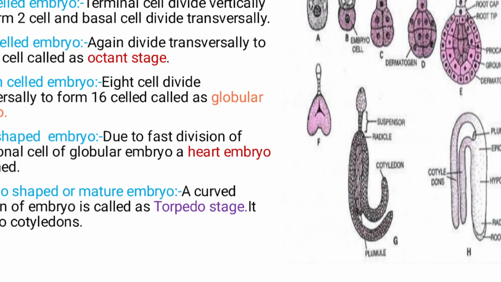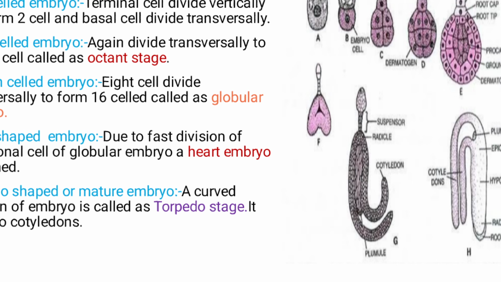Now the torpedo stage. This is a mature embryo. It is a little bit curved. The posterior cell is present near the micropylar end. There are two types of end, micropylar and chalazal, but the posterior is present on the micropylar end. The cell of the suspensor present near the embryo is the hypophysis, which forms the root cap, जो कि root cap का formation के लिए help करता है. रेडिकल जो कि रूट और प्लूम्यूल जो कि शूट, और दिस वन इज cotyledon.